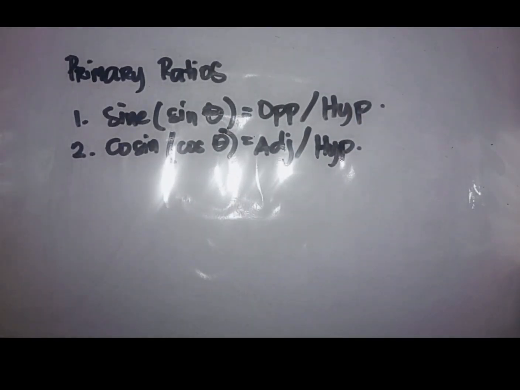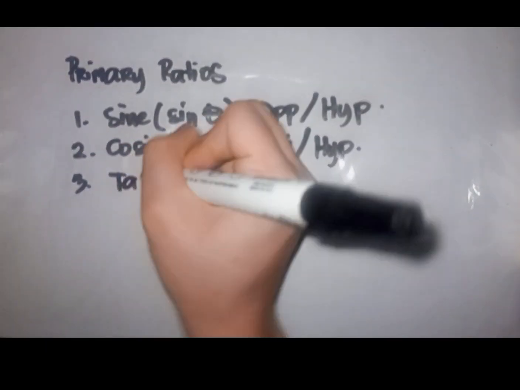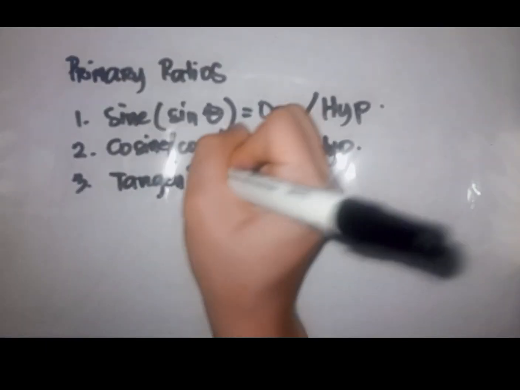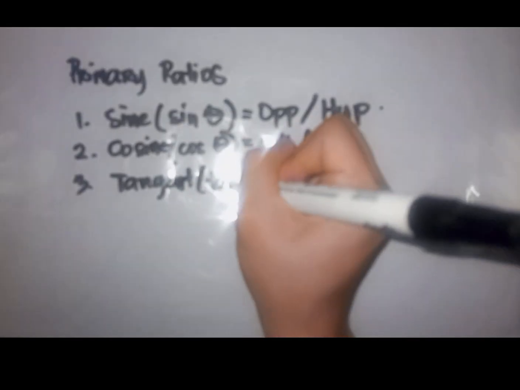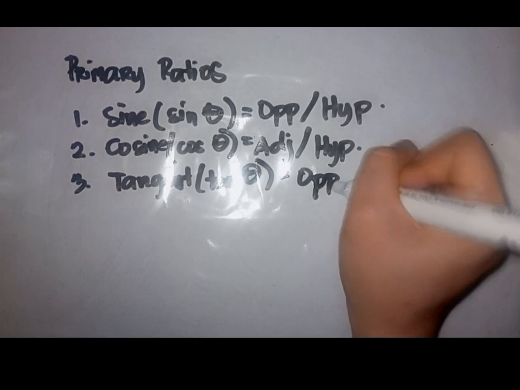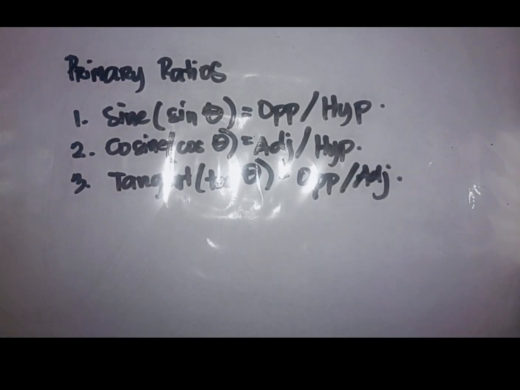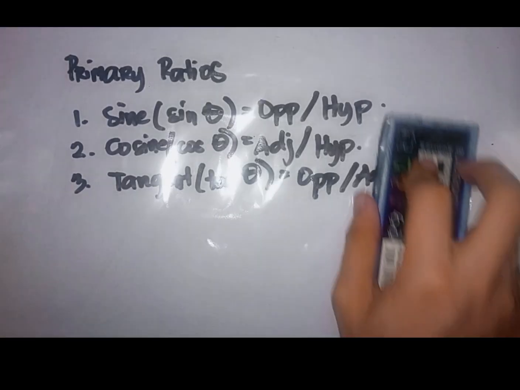Next is the tangent, or tan theta, is equal to opposite over adjacent. Okay, these are the primary ratios. Okay, now let's go to the reciprocal ratios